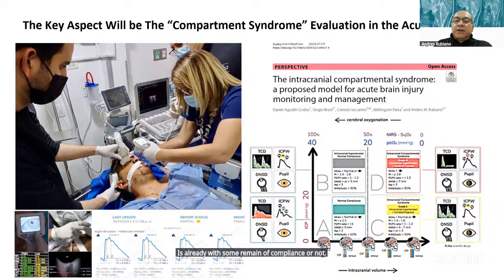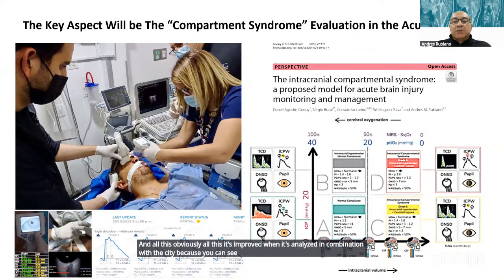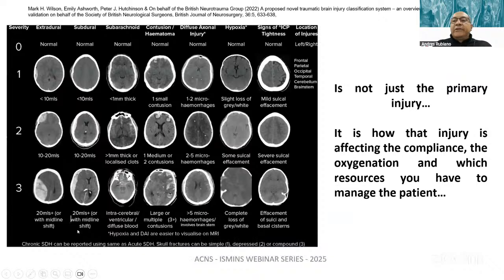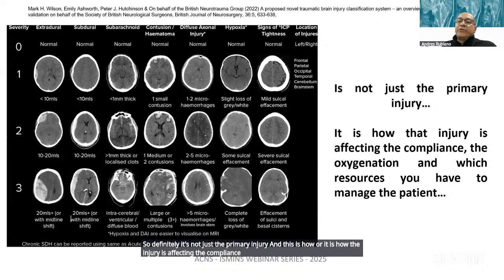And all this is obviously improved when it's analyzed in combination with the CT, because you can see the primary injury and combine that with understanding how the intracranial compliance is performing. So definitely it's not just the primary injury. This is how the injury is affecting the compliance, the oxygenation, and which resources you have to manage the patient. Because the more resources you have for advanced critical care management, evaluation of the oxygenation of